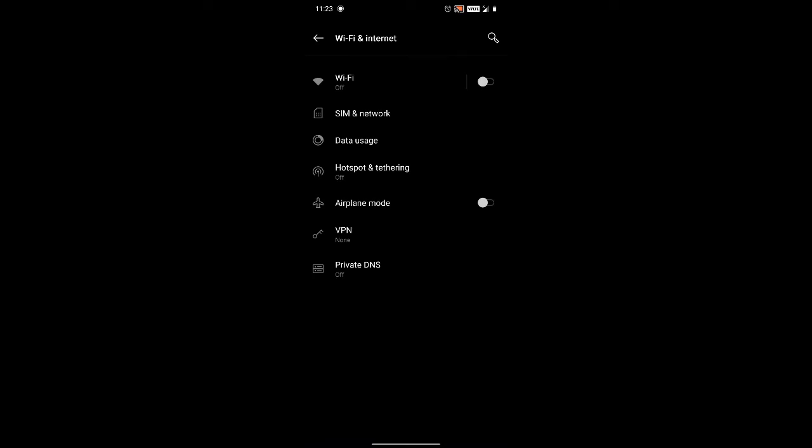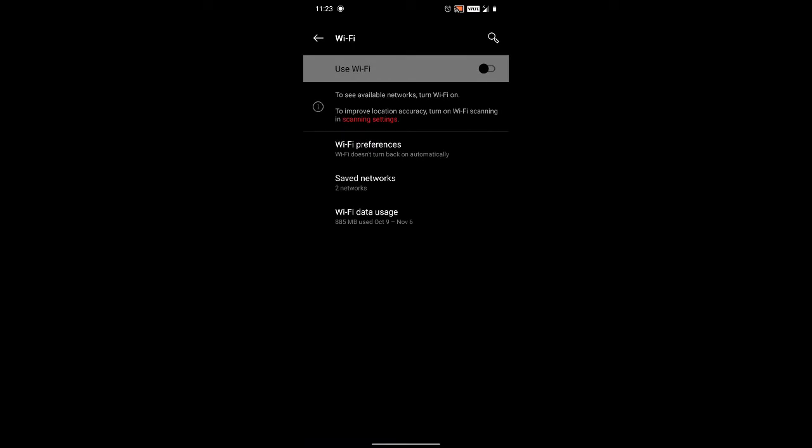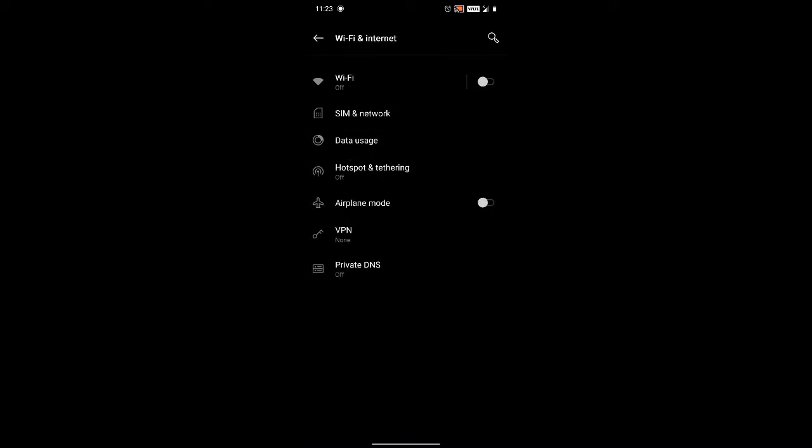internet option. In this we need to turn on the Wi-Fi option, since this is going to use the Wi-Fi Direct connection. Okay, one thing to be noted is that you should not have any saved Wi-Fi networks. If so, you need to use the forget network option, because this is a very important step. So we are turning on the Wi-Fi settings right now,